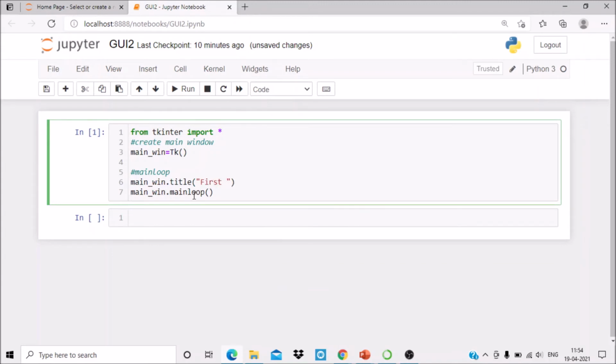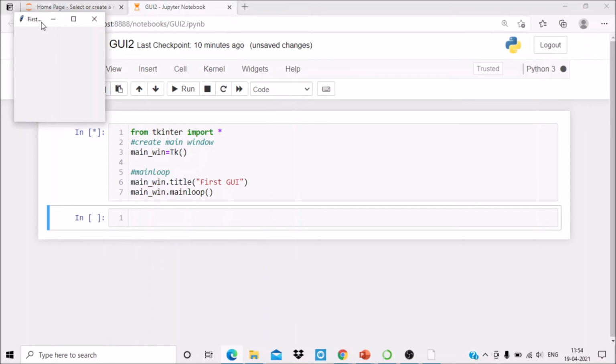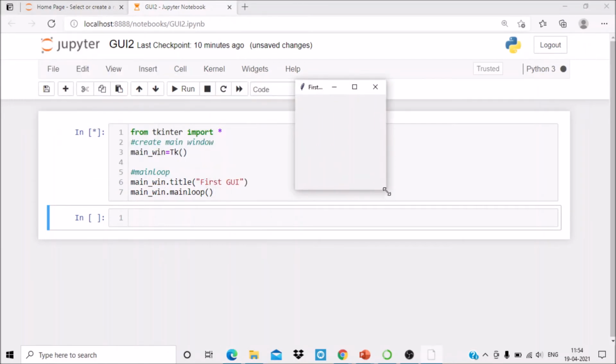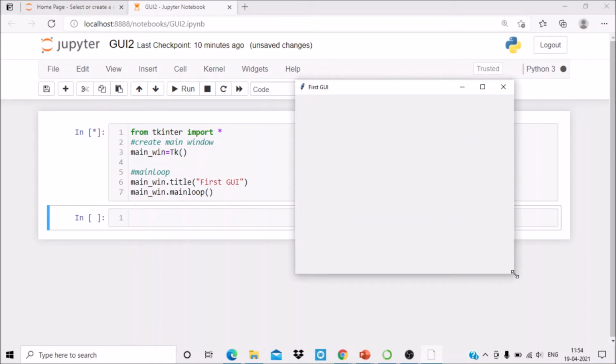I can run this once again, and you can see earlier it was Tk, but now as I have assigned the title, this window has the title first GUI. Just as a calculator has a title like calculator. So this is our first GUI.